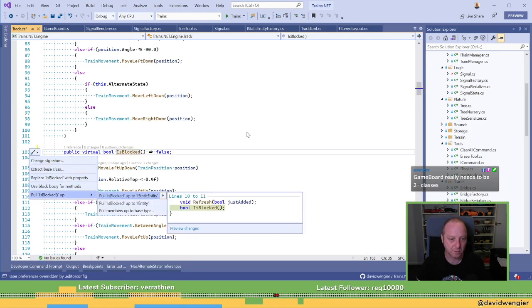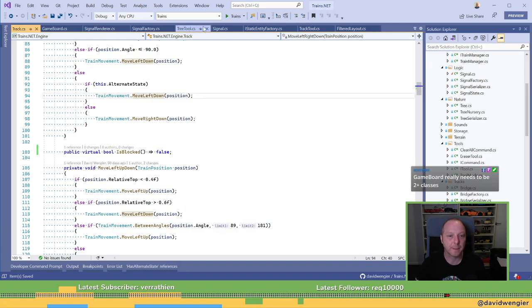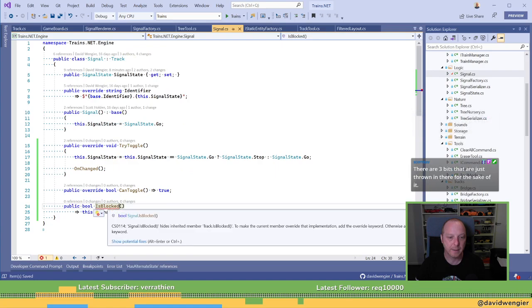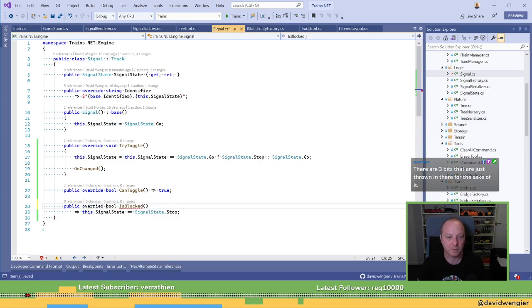No, I don't need to pull up anywhere. And then signal, yeah, is blocked. Awesome. I think that's it.